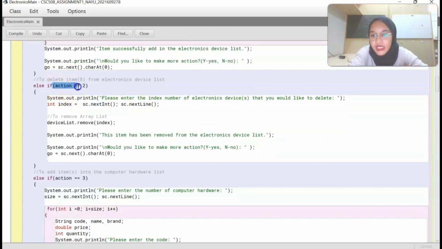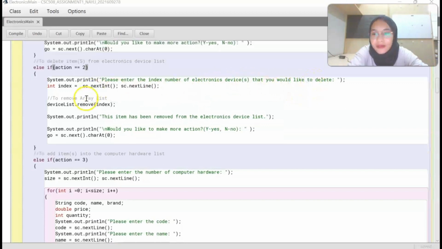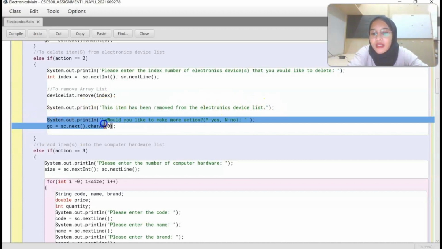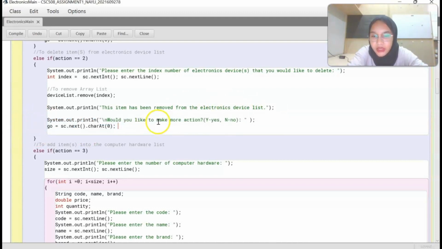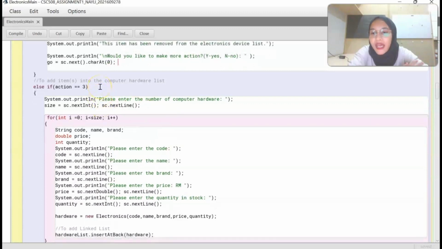Now we move to the action number 2. This action is to delete item from electronic device list. In this action, the program will ask the user to enter the index number of electronic device that you would like to delete. So in this, I use the remove method so that it can remove the specified index in the array list. After that, the program will display message, this item has been removed from the electronic device list. And then the program will ask the user the same thing, would you like to make more action? Yes or no? And now we move to the action number 3, which is to add items into the computer